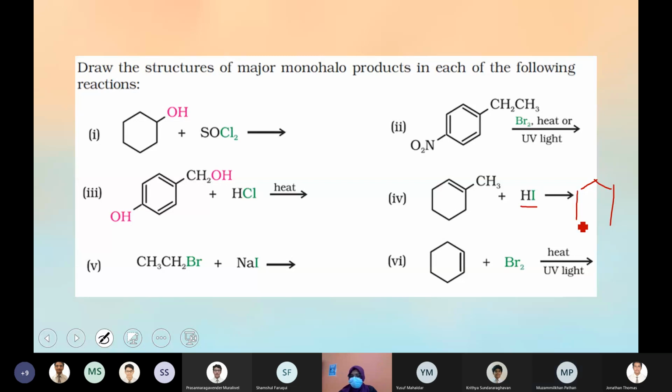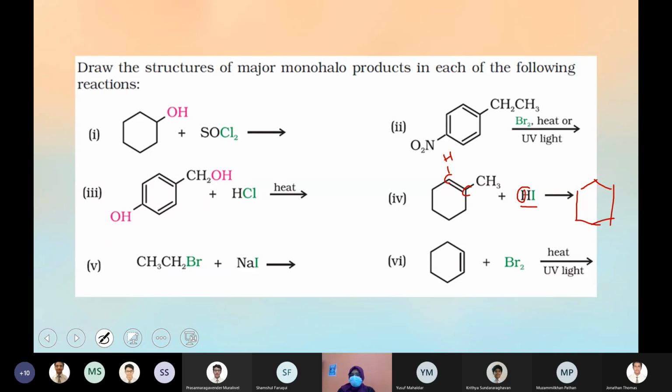Yeah, yeah. Question number 4, you're adding HI and it's a double bond. So it's a Markovnikov addition you have to follow. That means hydrogen will go to the carbon containing more number of hydrogen. So this is the carbon and this is the carbon. Here this carbon has got one hydrogen and this carbon no hydrogen, because if you see double bond, third bond is part of the ring and fourth bond is CH3. So there is no hydrogen left on that carbon. Maximum carbon can have 4, right?